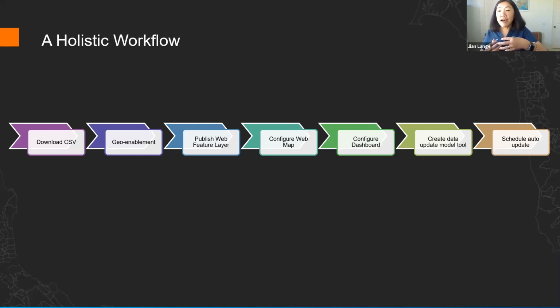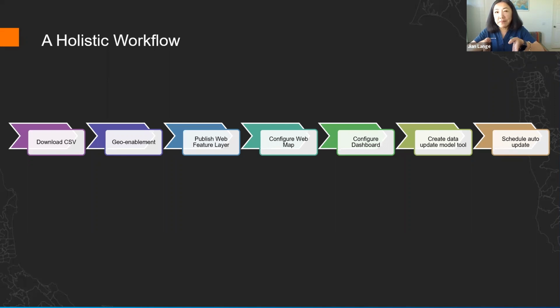Then I will show how to create a quick Model Builder model tool to update that web feature layer. In the final step, we'll show how to schedule that model tool to run using the scheduling feature